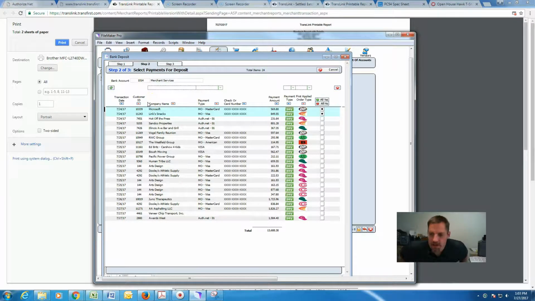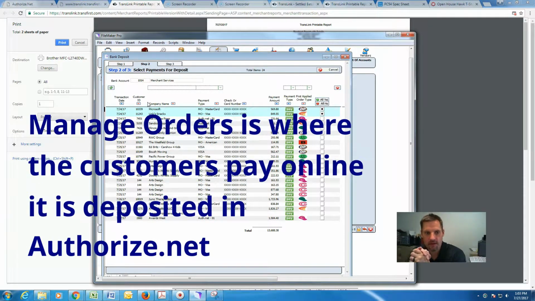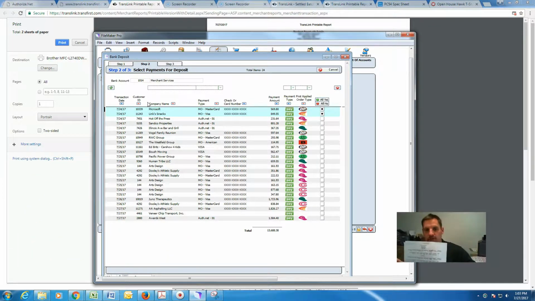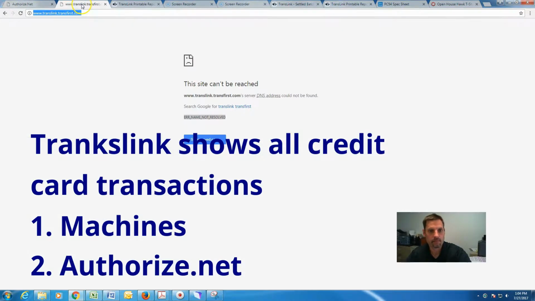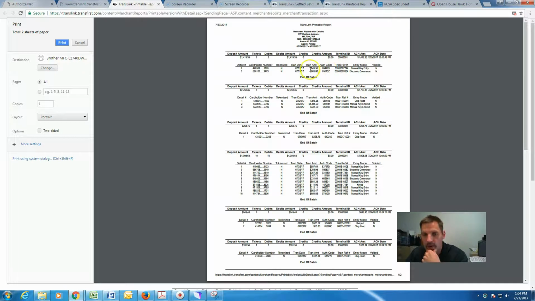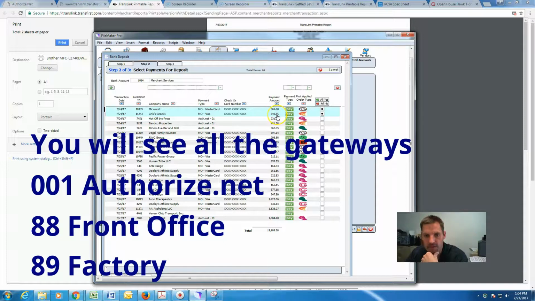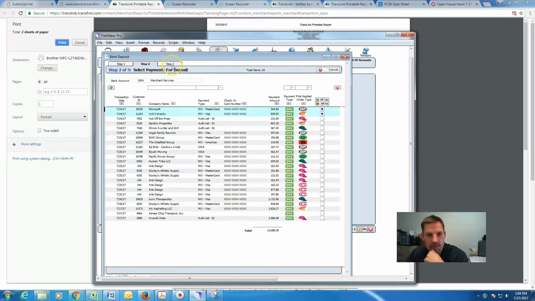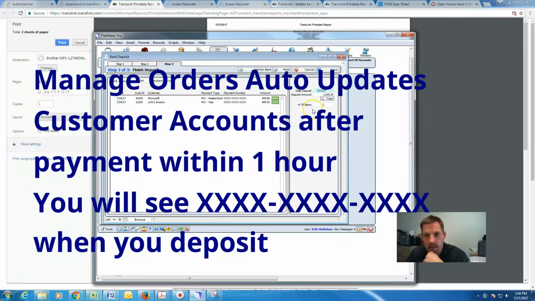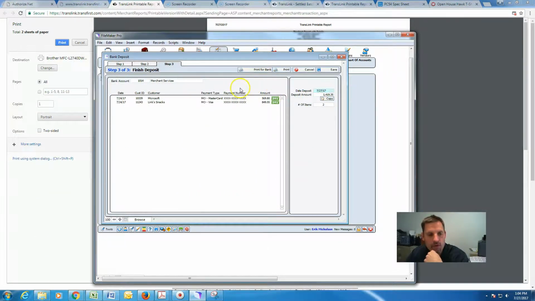Now we're going to be depositing all the managed orders, the ones where the customer runs online, and the authorized.net ones. So let's go back to our TransLink report. And we're going to find these two, 849, 569. We're trying to find this batch, 1419. Go to Shopworks. We have these two, 569 right there. So we're going to make a deposit. Right there, and it's going into merchant services. Save,